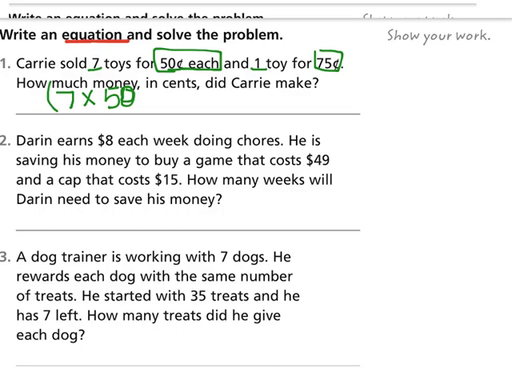And then we're going to do that separately, so we put it in parentheses, and then to that we're going to add the 1 toy that was 75 cents. Now cents do have decimals when you're using it in dollar form, but it says in the question to use cents, so we're just going to stick with it as is. So there's our equation. It is parentheses 7 times 50, close parentheses, plus 75,